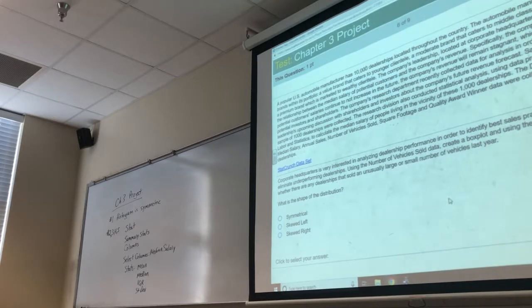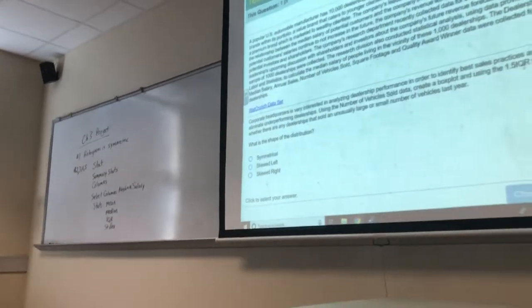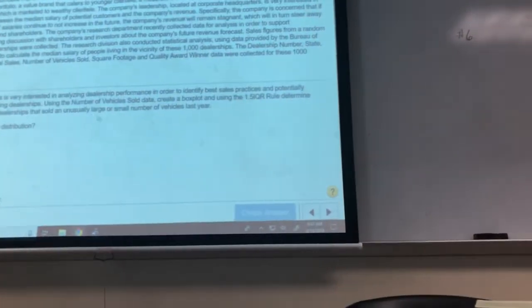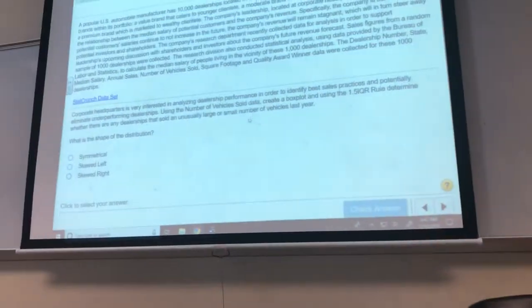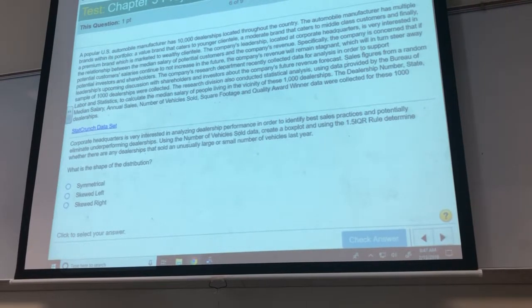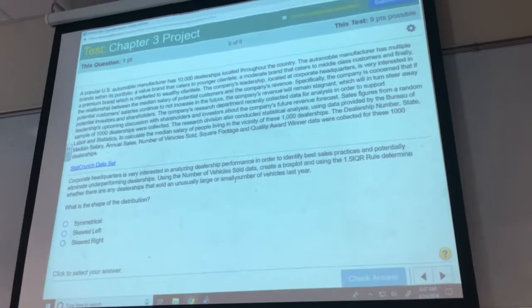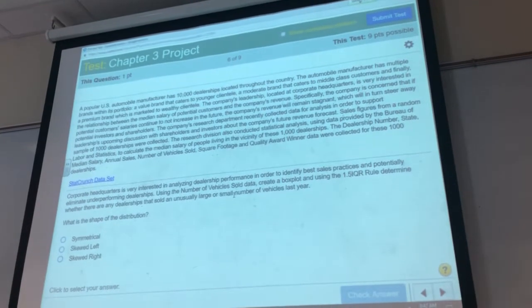Number 6, we're going to create a box plot and use the IQR rule to determine whether there are any dealerships that sold an unusually large or small number of vehicles last year. We're just looking right now at the shape of the distribution based on this box plot, but now we're looking at number of vehicles sold, so we have a different column than we had before. So with this one, when we go into